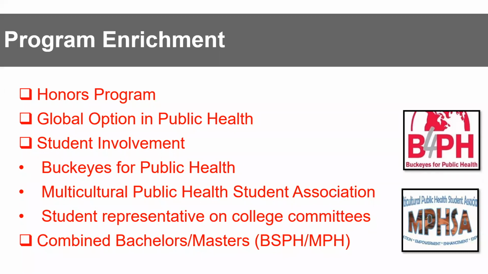And you would be able to not only get your BSPH, but an MPH as well. When you think about your traditional undergraduate degree, it's based on a 4-year model, master's, of course, on that 2-year model. We work with students to help them get that in 5 instead of those 6 years. Students that are admitted to the major can consider this after 90 credit hours. And we do ask that you have at least a 3.5 GPA.